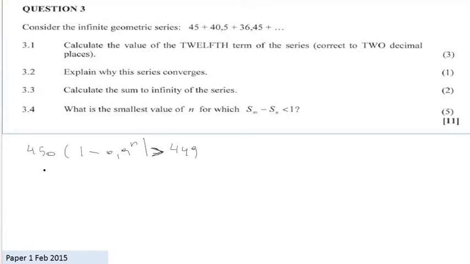So what we are going to do here is divide both sides by 450, since we have a multiplication there. So on this side we are going to remain with 1 minus 0.9 to the power of n greater than, and this expression gives,